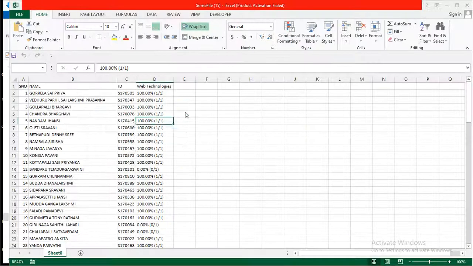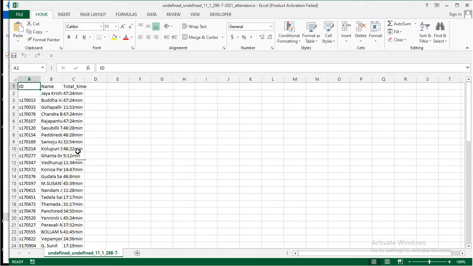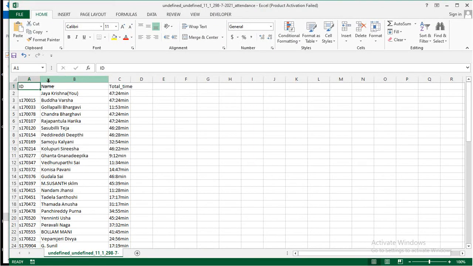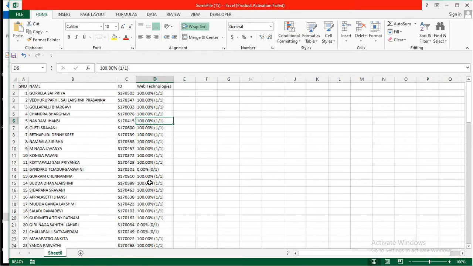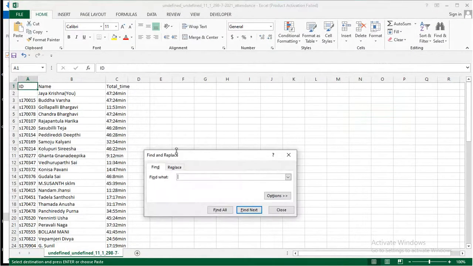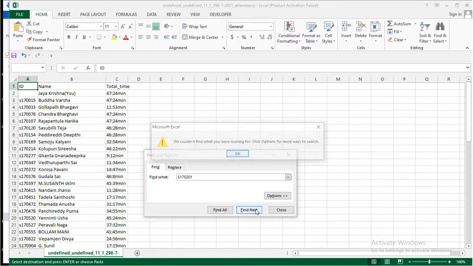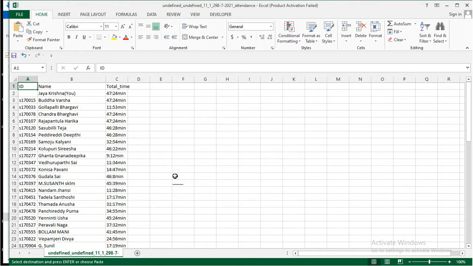I will open this file. Observe, this is my downloaded data. For example, I am taking S170201. I am going to search here. As this number is not present in this one, it is marked as absent.